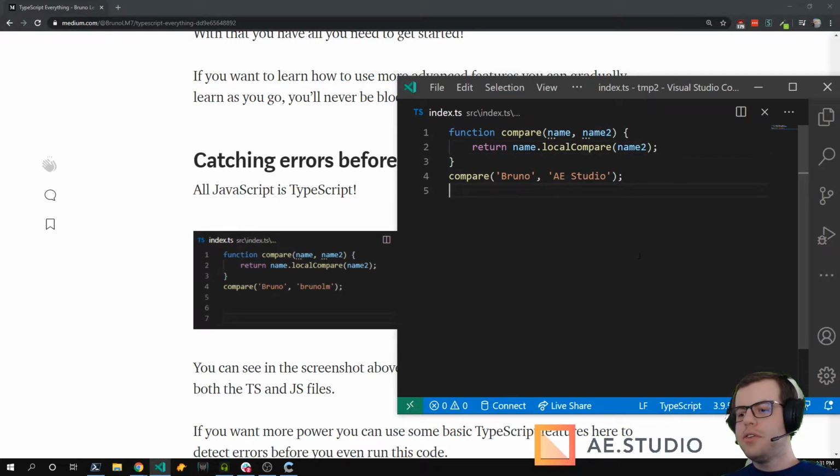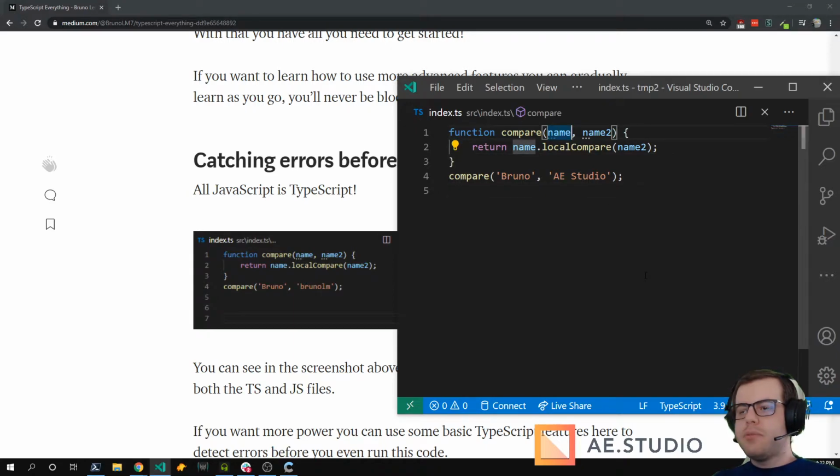Okay, so here's the function. Carlos got it. Carlos knows the answer. But the point is, you don't see any errors here. And you might miss this because there's a typo here. There's no function called local compare. It's called locale compare.